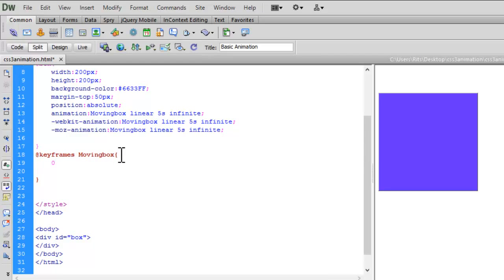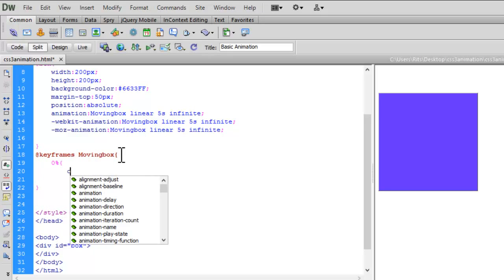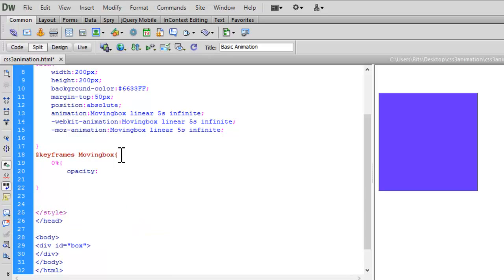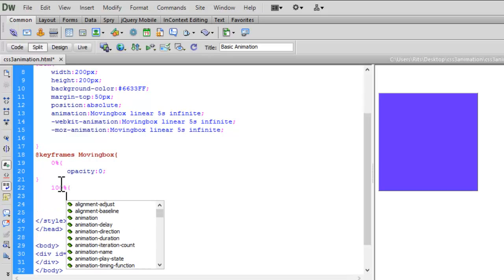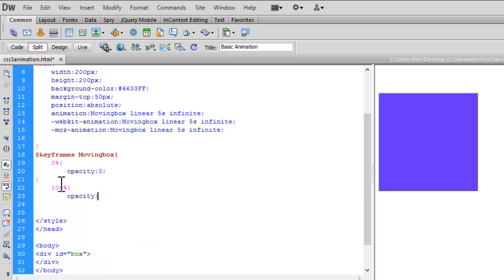Say at 0%, I want opacity to be 0 and at 100% I want opacity to be 1.